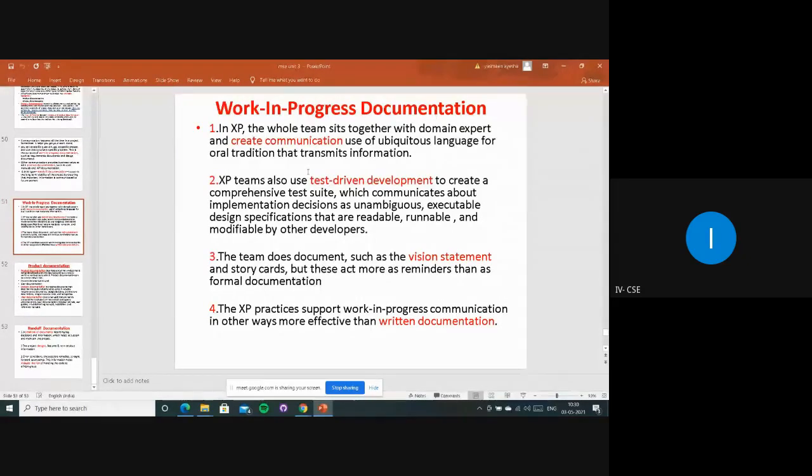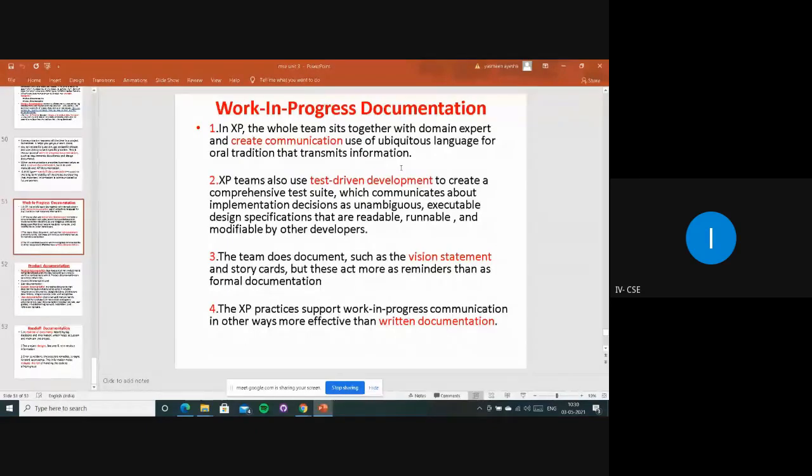Simply, we are creating a type of communication, using a ubiquitous language, an oral tradition that transmits the information.